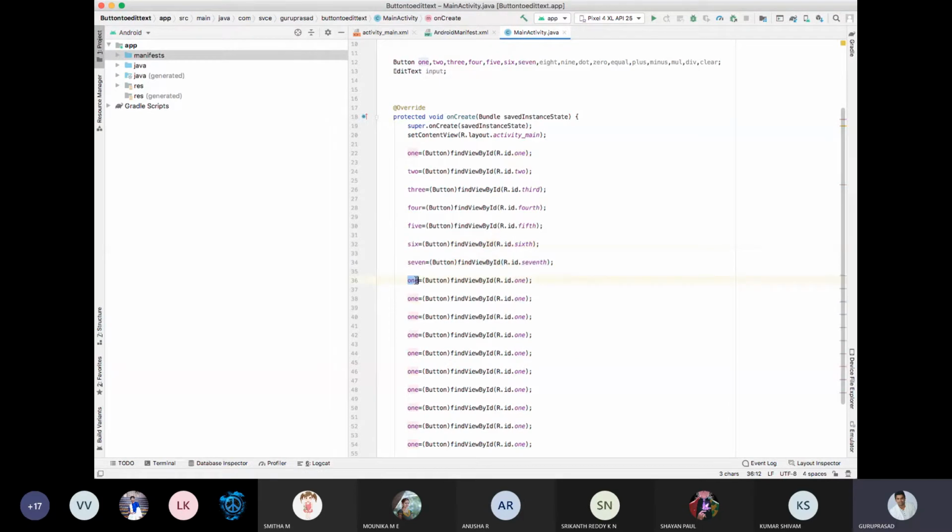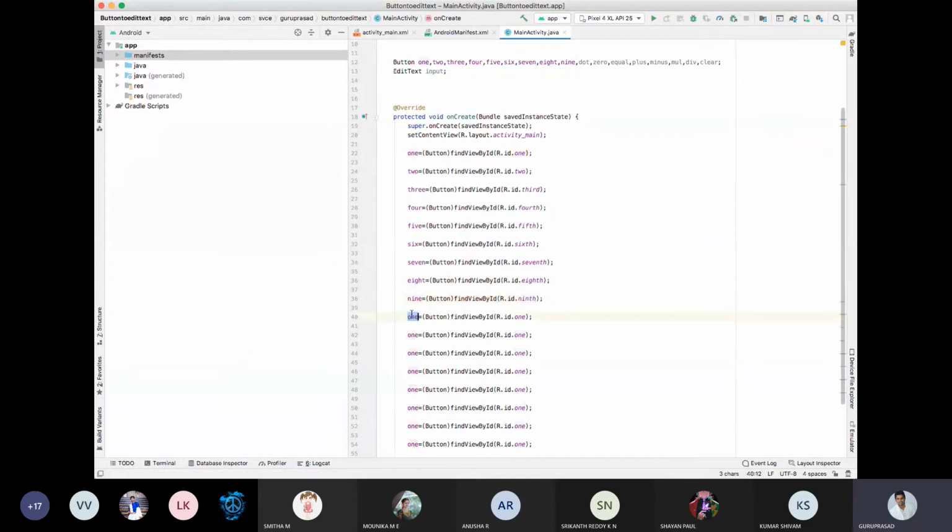Next, 8 is equal to 8th. 9 is equal to 9th. 0 is equal to 0. Only we have taken. Next, dot is equal to dot, yes, we have taken dot over there.